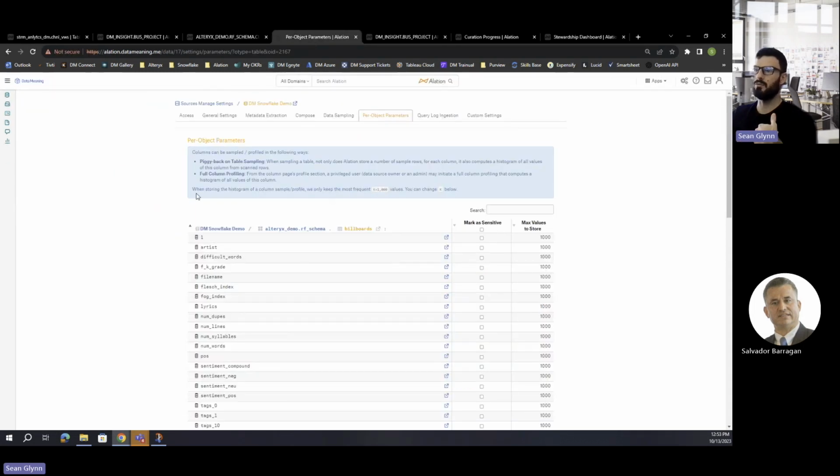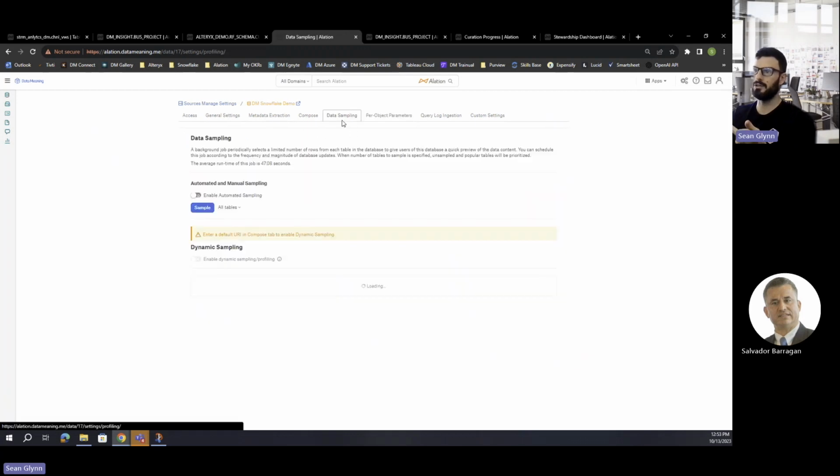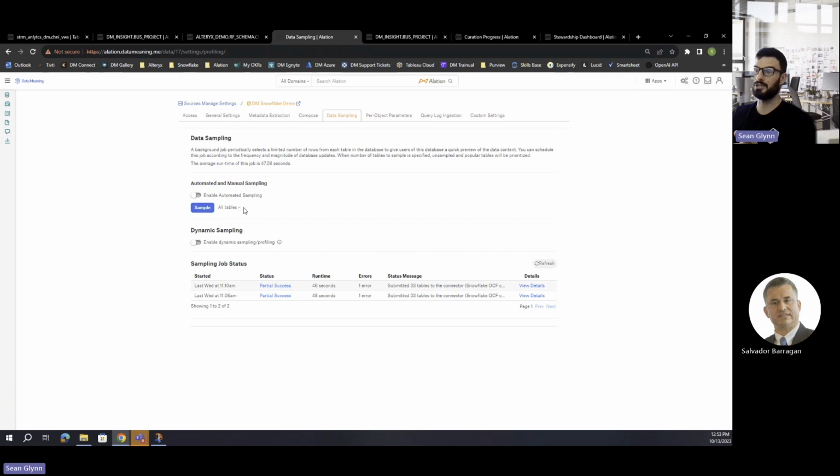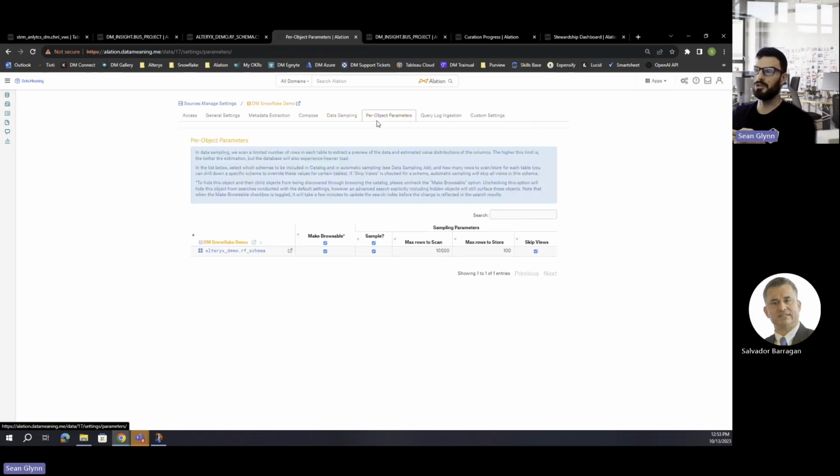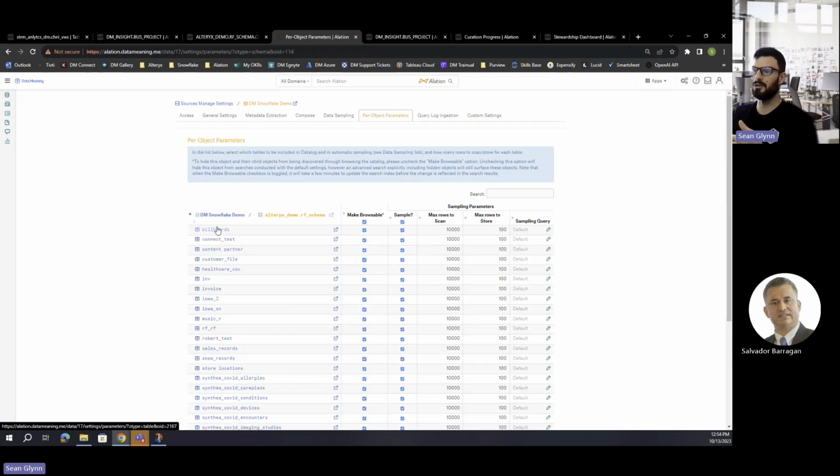So if you're a data source admin, you'll have the ability to come into the source settings. And among other things here is going to be your ability to bring in samples and curate how you want to go about those samplings and how much you want to bring in. But we also have a tab here called the per object parameters. So if I click in and start drilling down a little bit, you can start to see a couple of